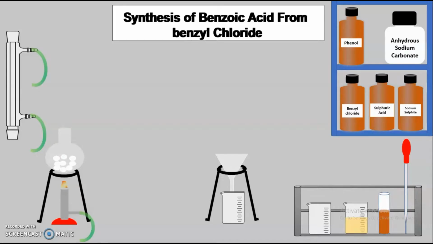After that, once we start the heating of that particular solution, solid crystals will be melted down and converted into the liquid. Due to this, whatever insoluble impurities are there, they will be separated from the benzoic acid. Once the solution is hot, we are going to filter it as it is. When the solution is hot, benzoic acid crystals will go into the solubilized form into the beaker. So insoluble impurities will be filtered out and remain on the filter paper, and the benzoic acid will be separated from the insoluble impurities.